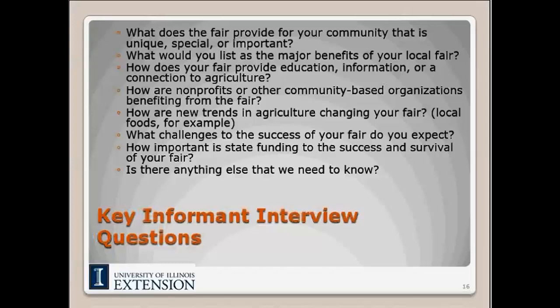And we're hoping to have some sort of correlation, some sort of comparison between economic benefit and social benefit of these fairs. And so there'll also be a section where we have recommendations and say, this is what we see happening. This might be something we see is working well. This might be something we see is not working so well. And so we will tie these two together. It's important to understand that this report is not going to be two very different reports. It's one, and both of these studies, both of these surveys and interview processes speak very well with one another. And so that's our goal.